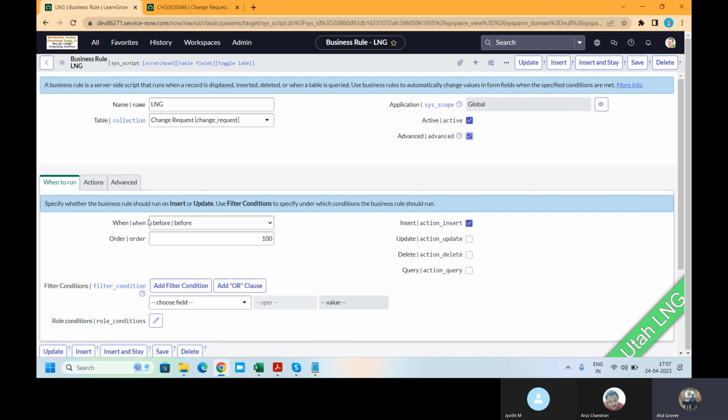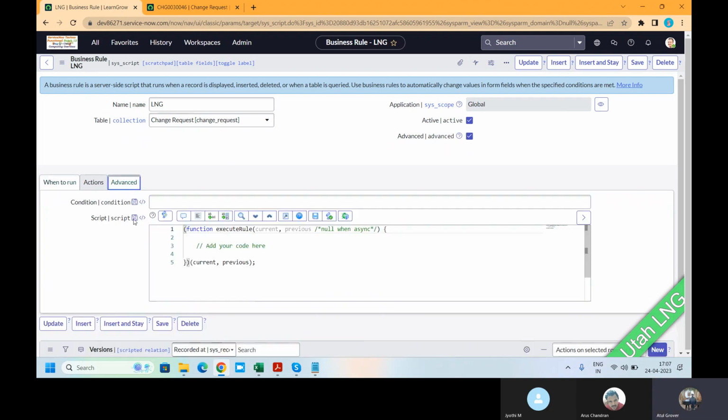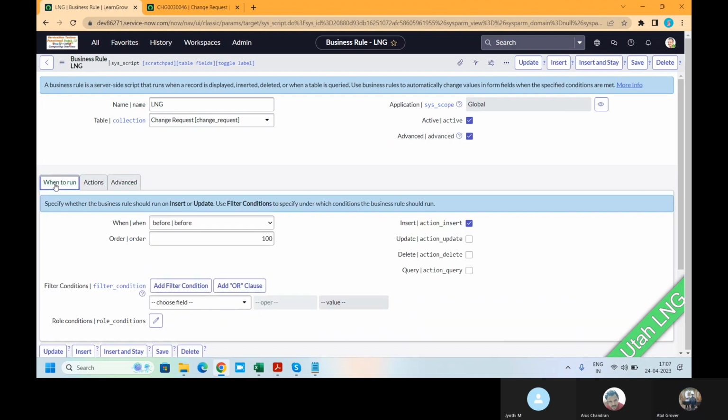Now another point, the advanced option. When you click on the advance, these options are coming. Let's come here. Advance has 4 options: before, after, asynchronous, or before display. Means